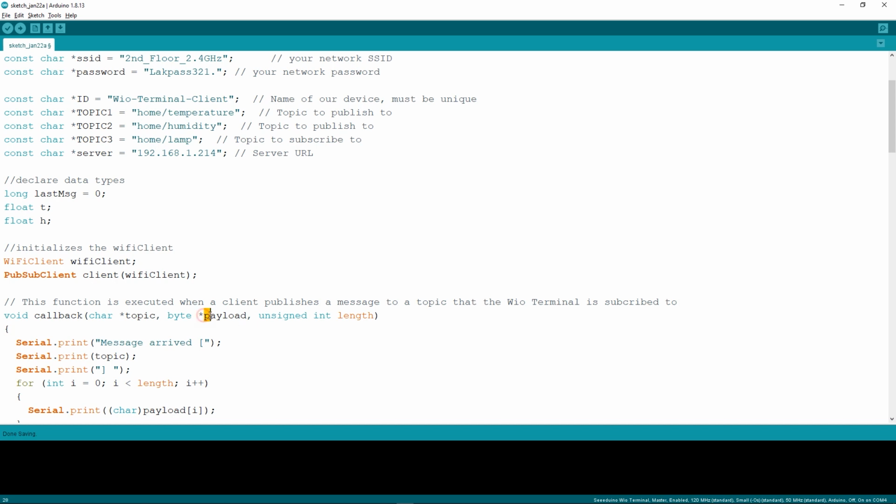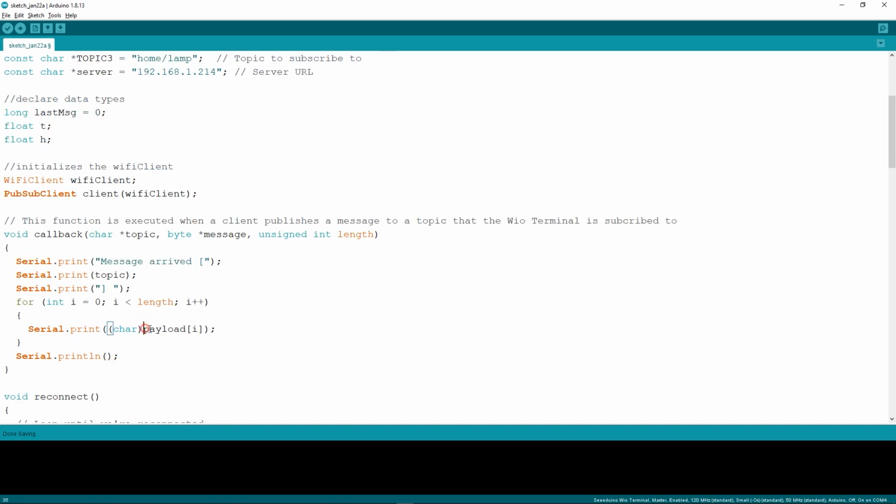So here we'll change this payload to message and change this payload to message also. Then over here, declare a variable called message temp and assign it as a string. Also convert this topic into a string.